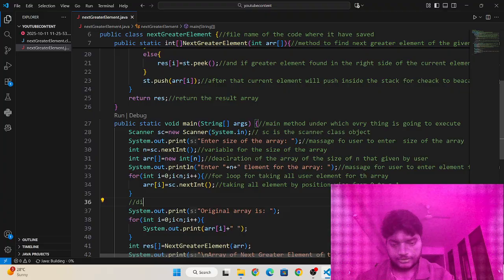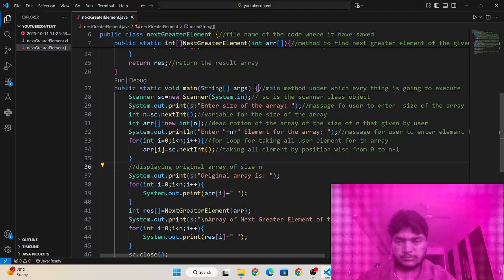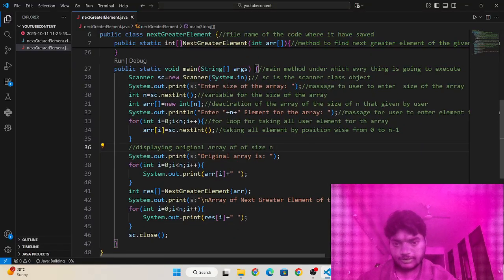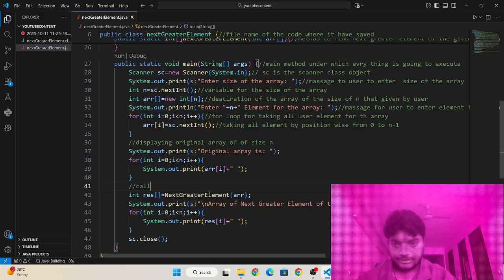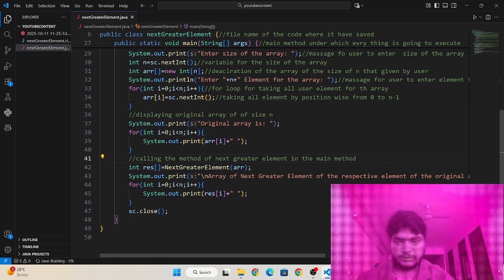here is displaying the original array of size n, okay, and then here is calling the method of next greater element in the main method. Okay, and then